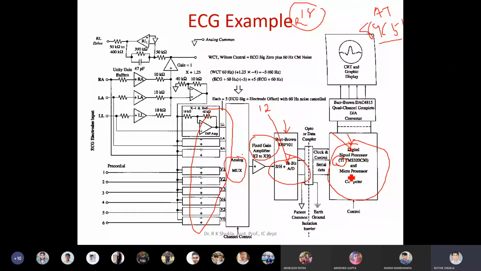In addition to that, it is a microprocessor or a computer. So this is the block which is the central controller of this entire machine. Then after that it goes to a D2A converter and then it goes to the display. First the analog was converted to digital, processing was done in digital, and then it was again converted from digital to analog, and from the analog it goes to the display. This is just one example for understanding that technology has now advanced. That's why instead of using analog circuitries, people are now using digital filters or digital circuitries.